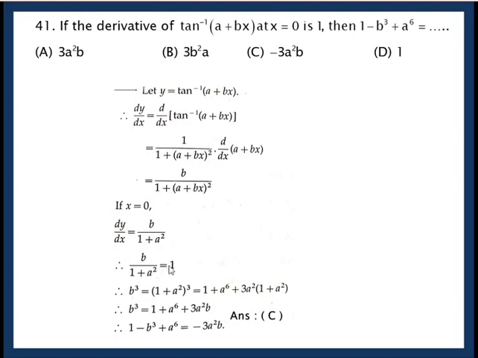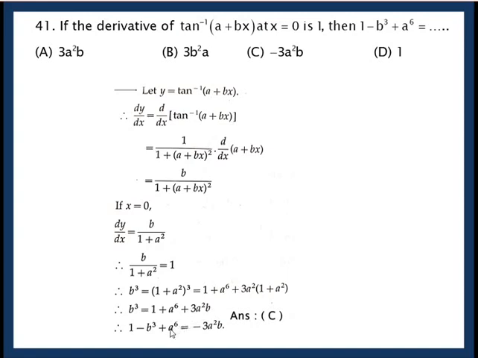Now cross multiply and then cube. So b cube is what? b cube is 1 plus a square cube. Now first plus second cube is cube of the first plus cube of the second plus 3 times product into first plus second, that is p plus q cube is p cube plus q cube plus 3pq into p plus q. Why use this form? You will understand this. b cube is 1 plus a raised to 6 plus 3a square into 1 plus a square. But 1 plus a square, if you cross multiply, gives you b only. So that is b cube equal to 1 plus a raised to 6 plus 3a square b.